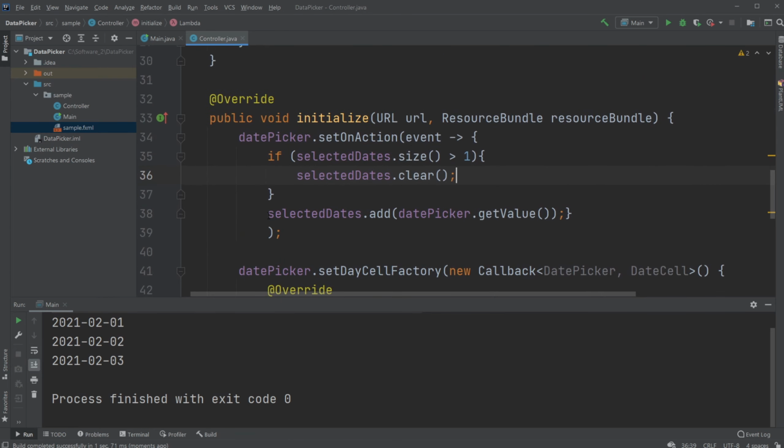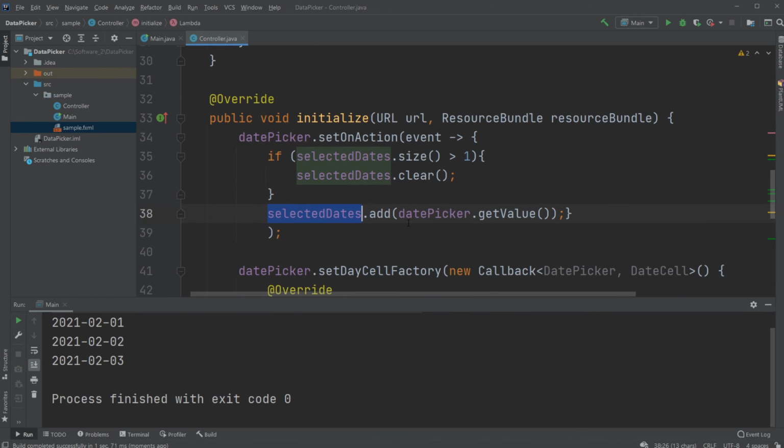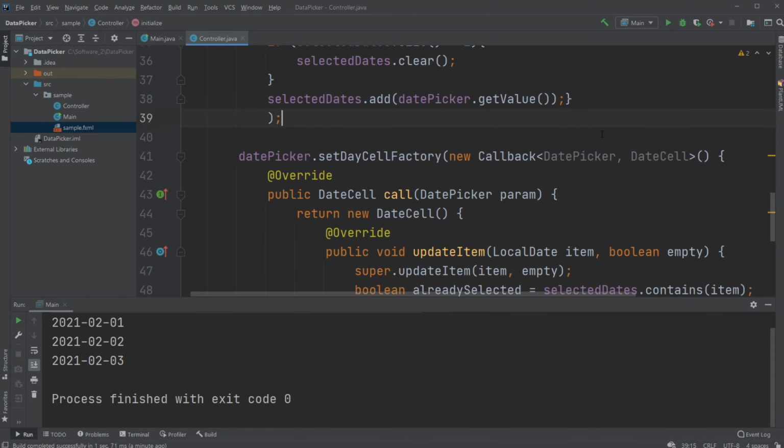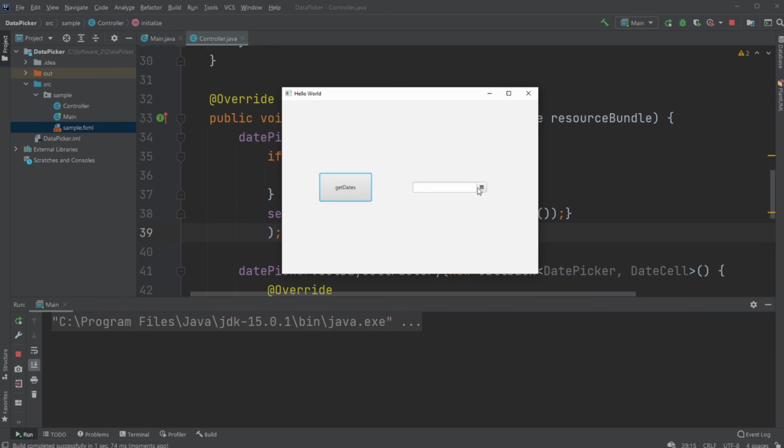And then what we just do is have our selected dates list have the added value of datePicker.getValue. So there are 2 parts to it. First of all, having the selected date directly connected to our list, and having the selected date disabled and changing its background color. And by having this done, we're able to get the values from our observable list. So that's the basics of